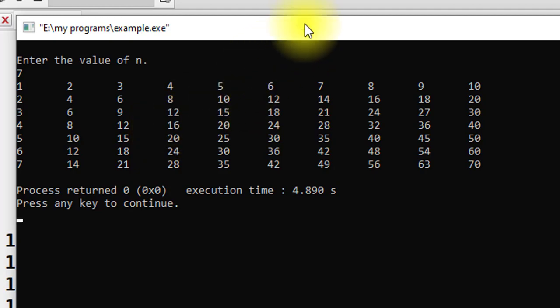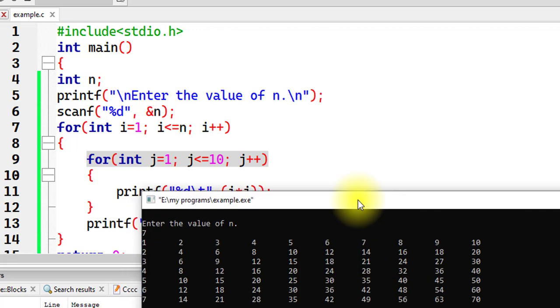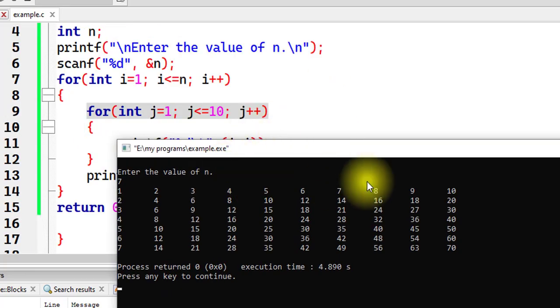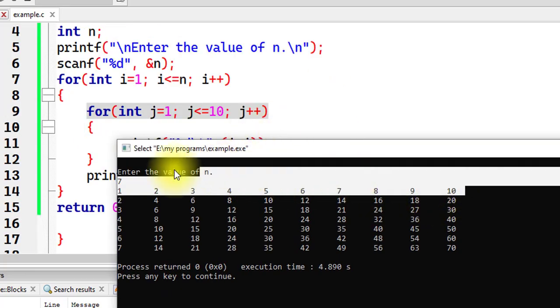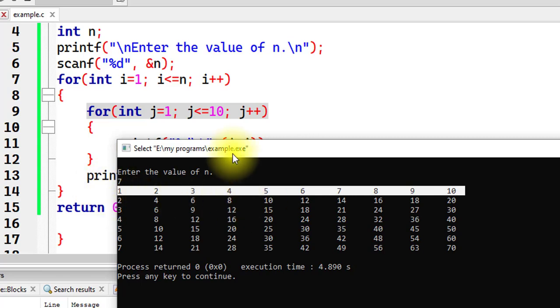Why did I need to do this? As you can see, I have this row. For each row I needed the outer for loop, but for each column I needed the inner for loop. This is one of the situations where the nesting of loops is required.